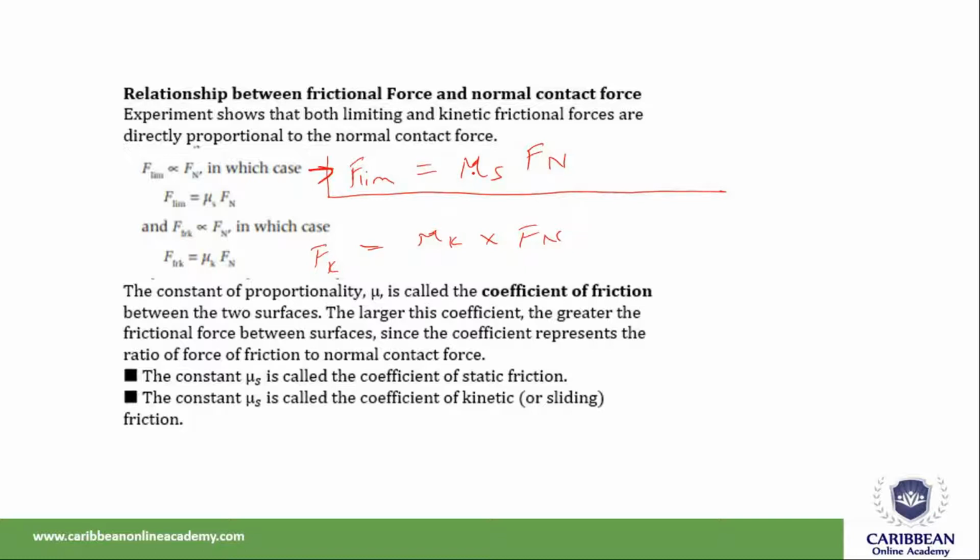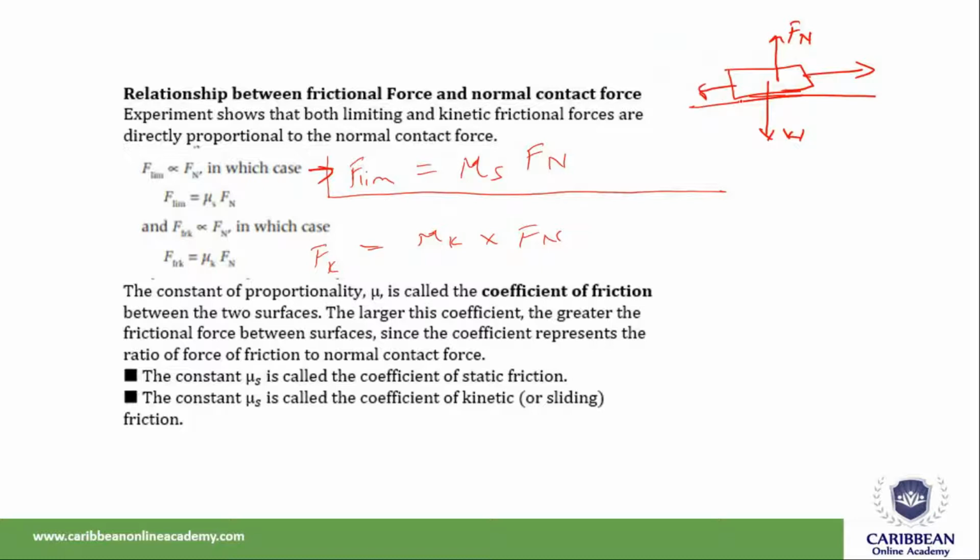But there is something spectacular about the frictional forces that we are talking about. There's a relationship between the frictional force and the normal contact force. So let's look back at a diagram. Whenever we have an object sitting on a surface, we can draw the forces that are acting on the system. There is the downward force, weight. There is the upward force, which is equal and opposite to the downward force. That is what we call our normal reaction force. We have our applied force, maybe going in that direction, and then we have our frictional force going in the